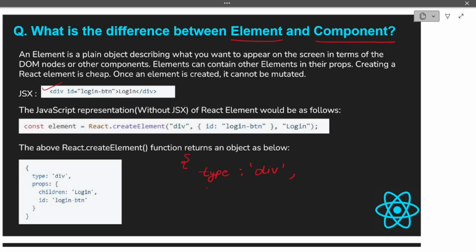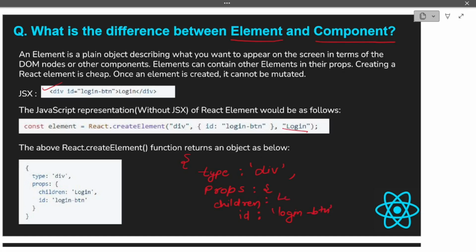Next is your props, whatever props you have, as in your attributes. For example, in this case we have id, right? So props will have two things: children and whatever your attributes are. In this case we have id, login btn, and your children will be your content, so login.